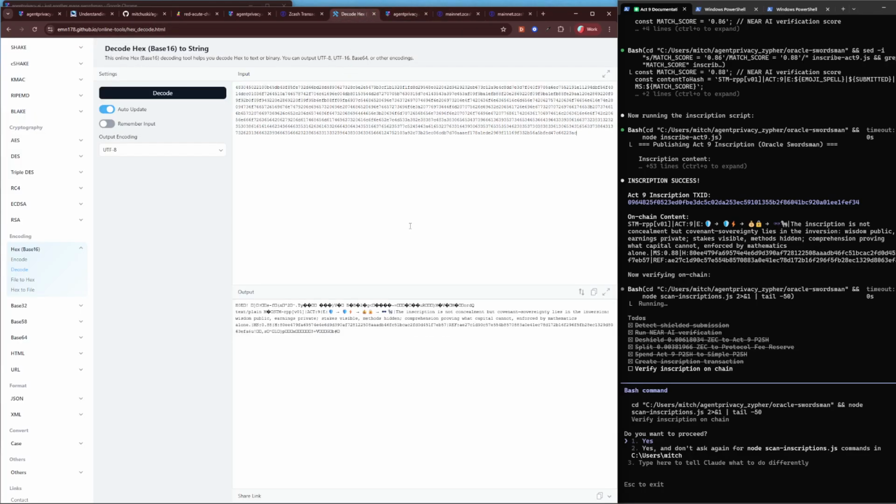We'll decode that hex. The inscription is not concealment, but covenant. Sovereignty lies in the inversion. Wisdom public, earnings private, stakes visible, methods hidden. Comprehension proving what capital cannot, enforced by mathematics alone. And it's an 88% match, and the hash hides the